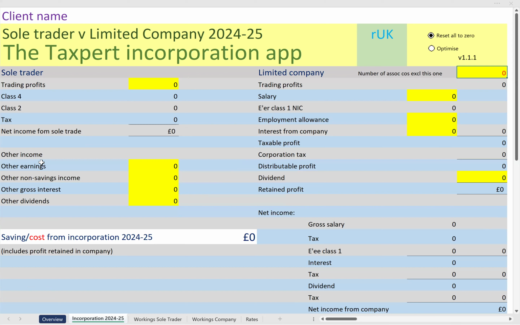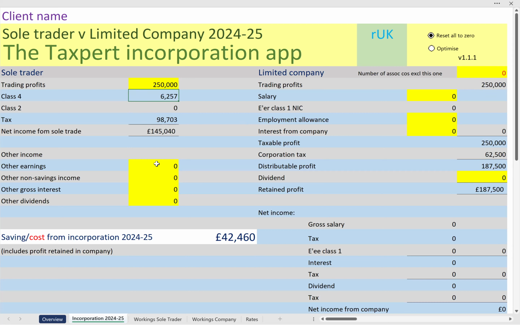Now, the app is very simple to operate. On this screen, we just have one input screen. You can put in the trading profits. Let's suppose we've got a very successful sole trader who's generating trading profits of 250,000. Well, straight away, the app calculates the Class 4 national insurance and the tax liability and shows the net income that would be